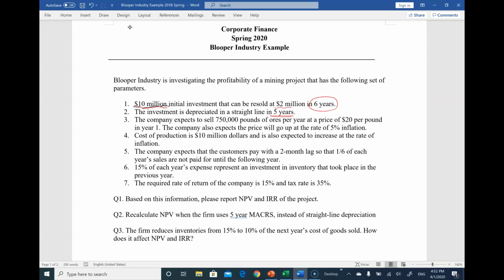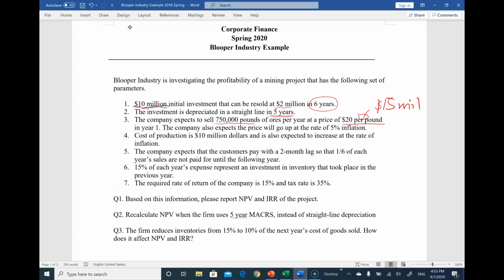Then, once the company makes the investment, that investment is expected to generate annual revenue of $15 million, because the company is expected to sell 750,000 pounds of ores per year, and the price per pound is $20. So this will become $15 million